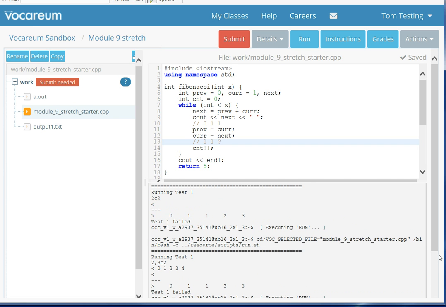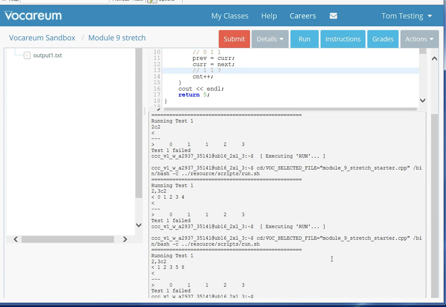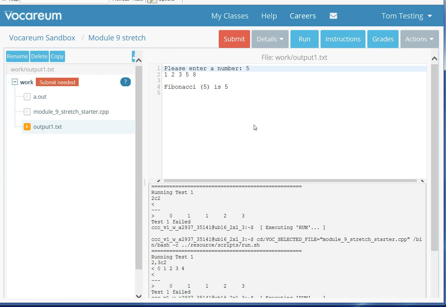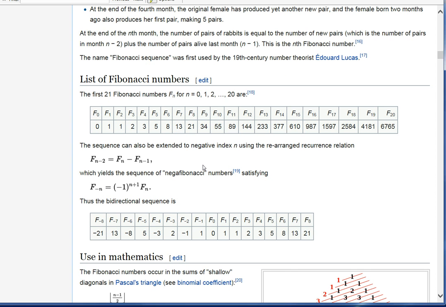Let's make sure that it executed. All right, it did execute. Of course, it's not working right, but let's look here. What did we get here? 1, 2, 3, 5, 8. Now let's look at the numbers here. 1, 2, 3, 5, 8. Oh, that's pretty good. We've done all right here, but we're starting on the second, the F2, the Fibonacci 2. That's because we're displaying the